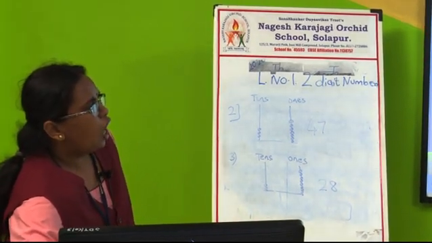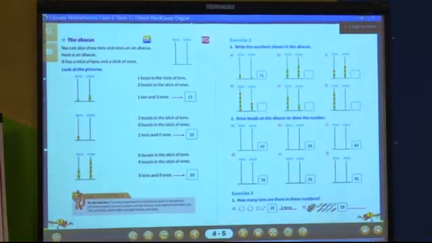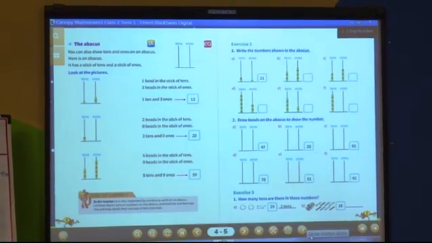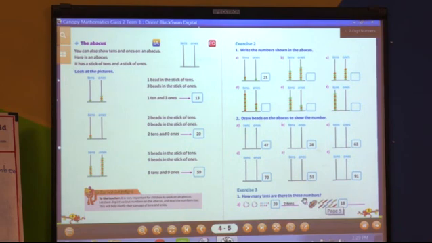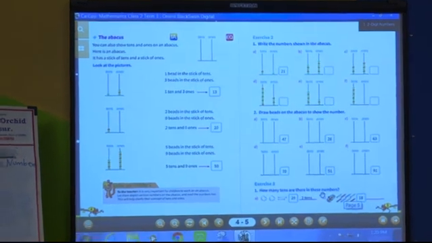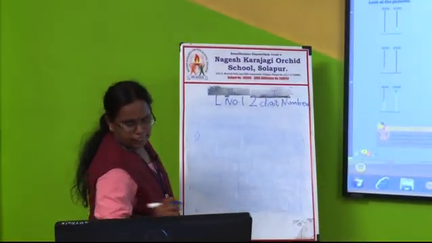Now, see here. How many tens are there in these numbers? Now see, in 29 there are 2 tens and 9 ones, that is called 2 tens, 29. Then in the second one, how many tens? 1 ten. First they had told to show tens and ones, now you want to show only tens. In this exercise, you will show only tens. How many tens are there in this? Only 2 tens are there.